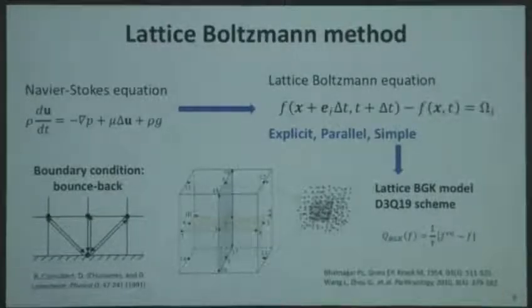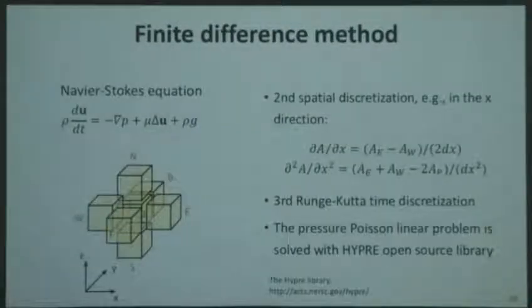Okay. So for LBM, because we are more interested in a large-scale simulation, we have to compromise to use the most simple ones. So we are using the bounce-back boundary condition and also I think the most popular LBGK model with the D3Q19 scheme. And so this is the very typical method. And for FD method, we are using the second order spatial discretization and the third order Runge-Kutta time